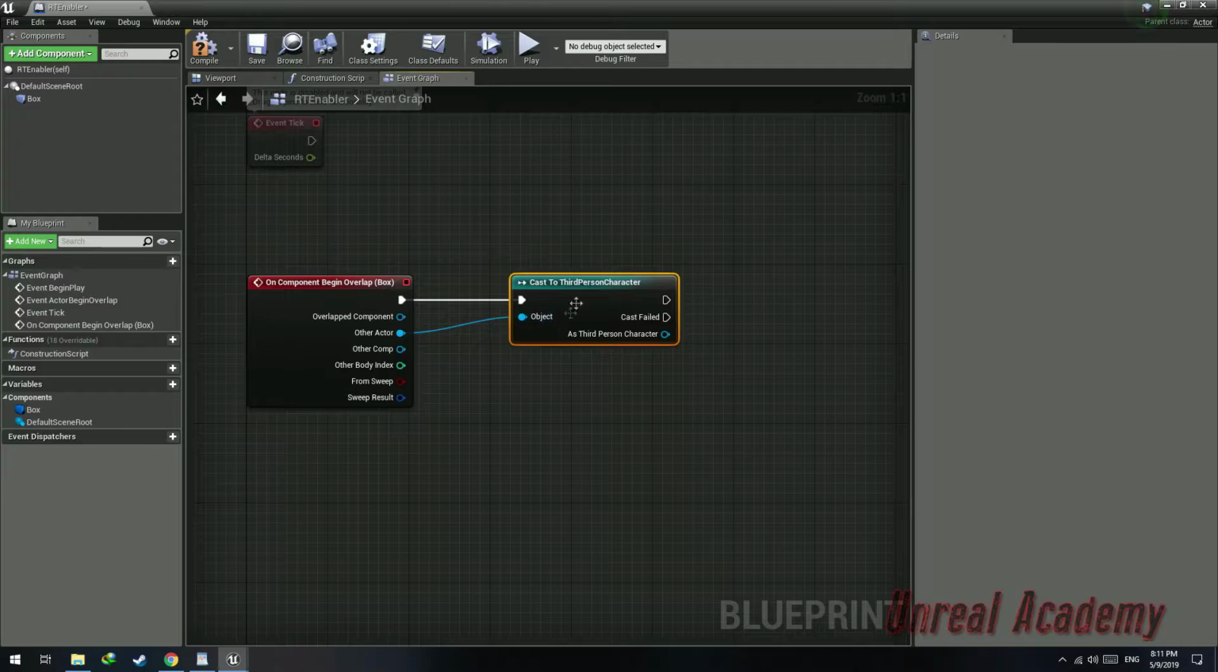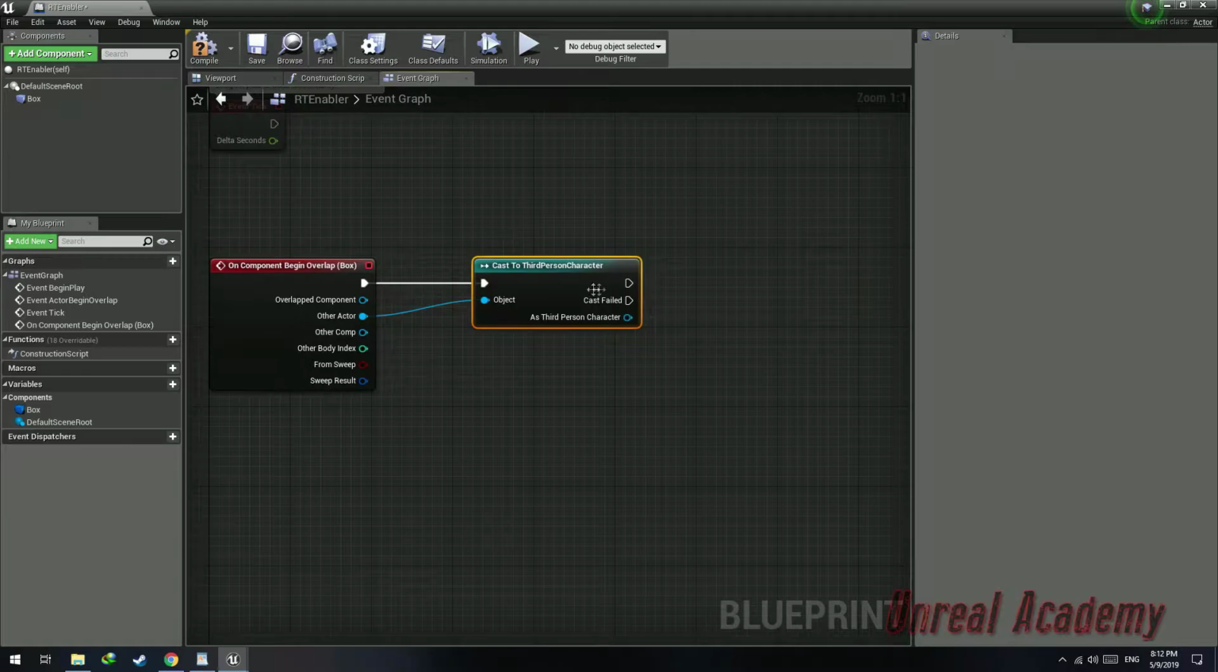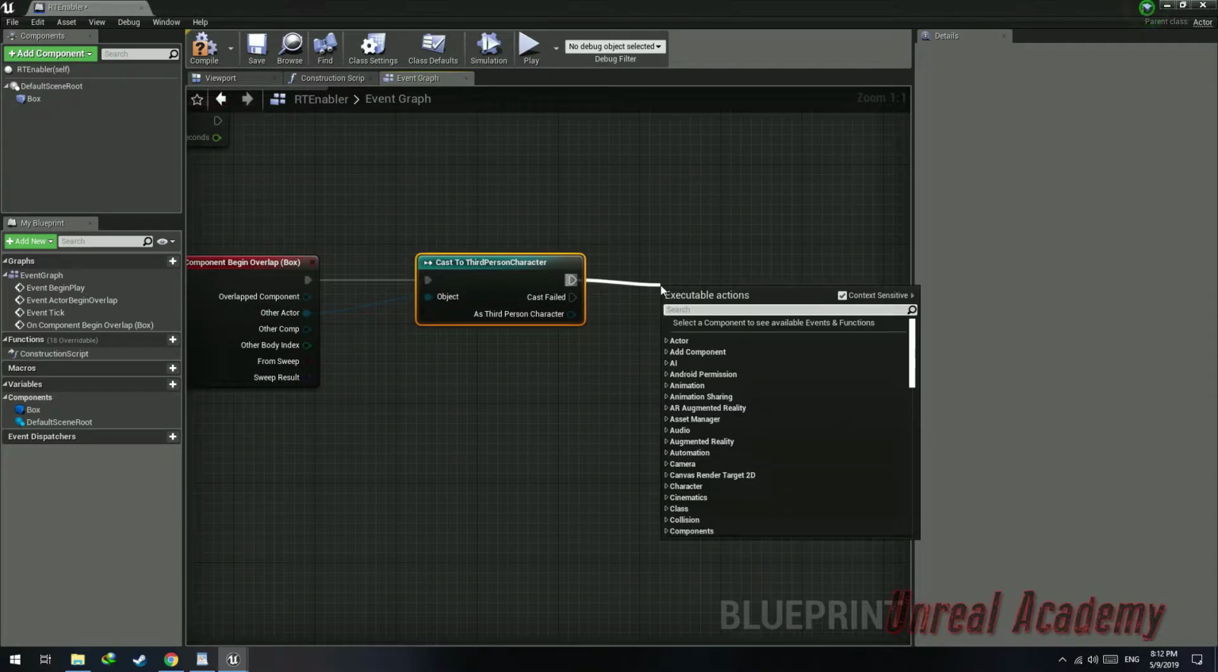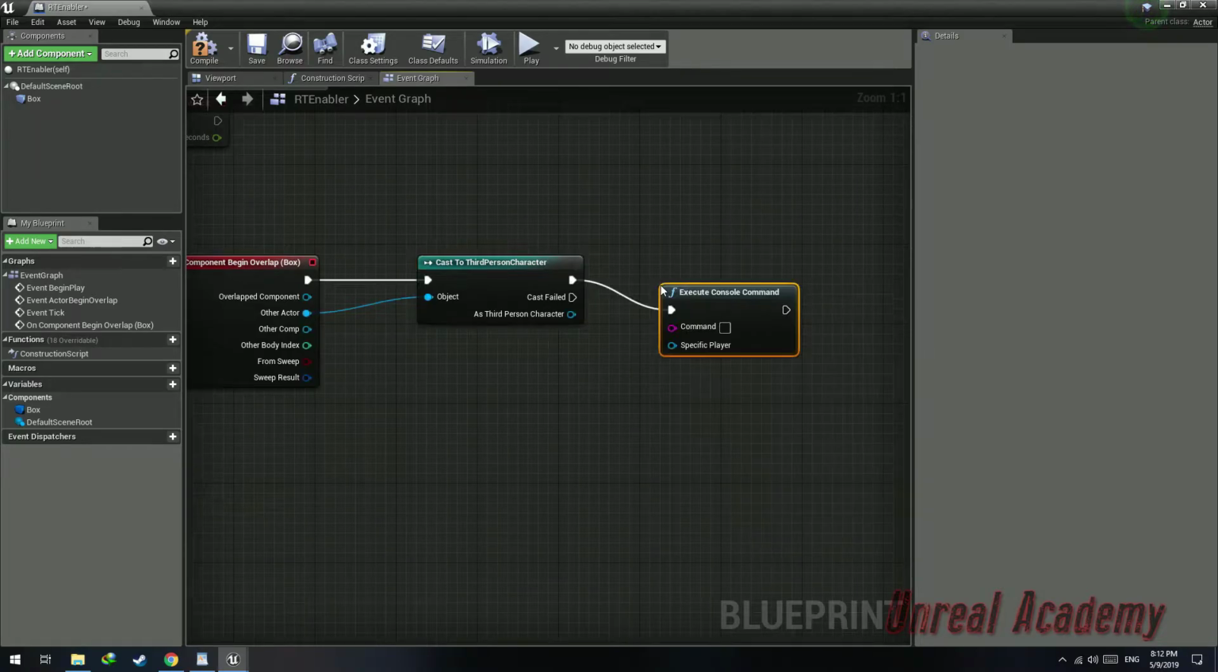What this does is basically it ensures that this event only triggers when the player is overlapping, and it does not trigger if some other component such as the door or the walls or the floor is overlapping the trigger box. So drag out the execution pin of the cast to third person character and search for execute console command